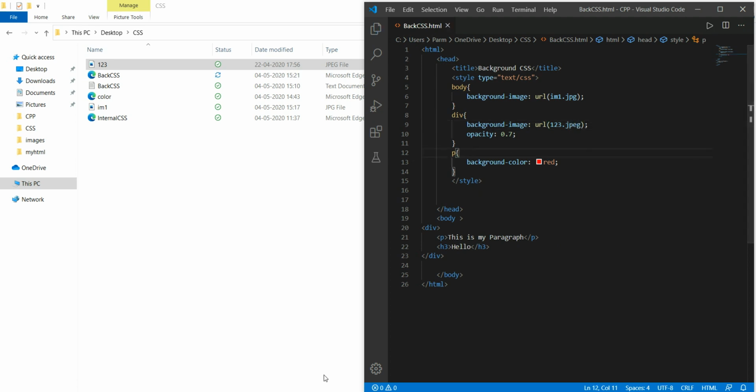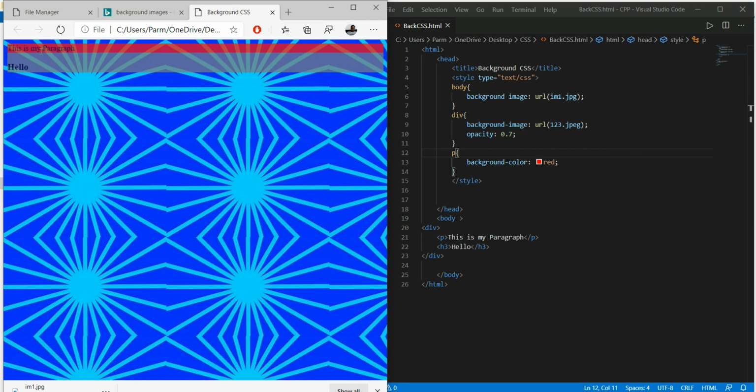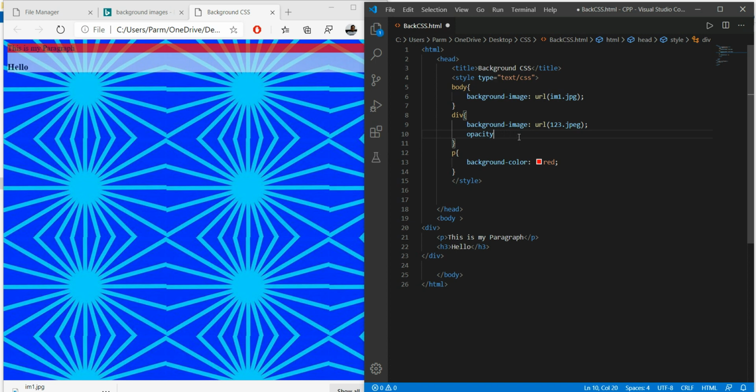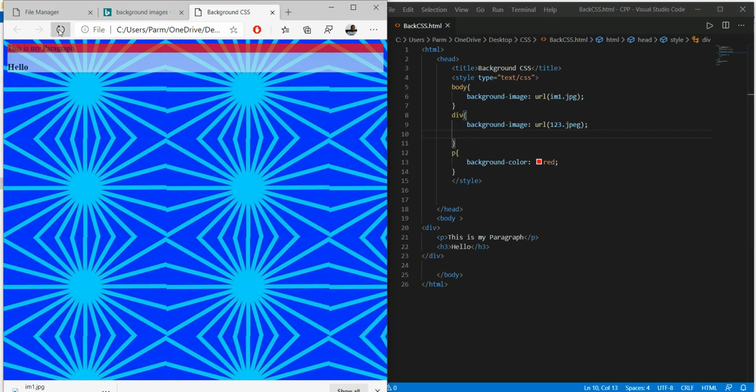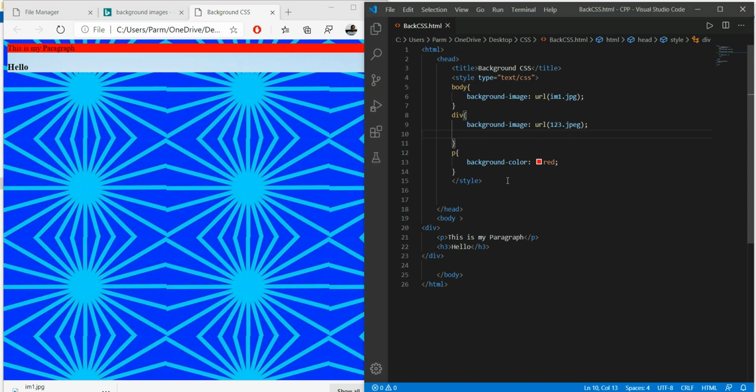Save this file and see the changes in the browser. Okay, so this is not done over here. So I'm just removing the opacity because I'm not using the background color, so that's fine. Save this, refresh it over here. So this background image is not applied over here.